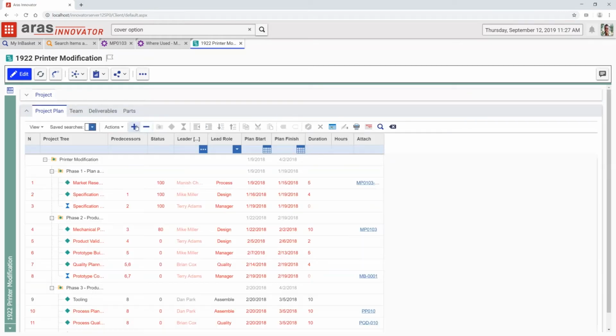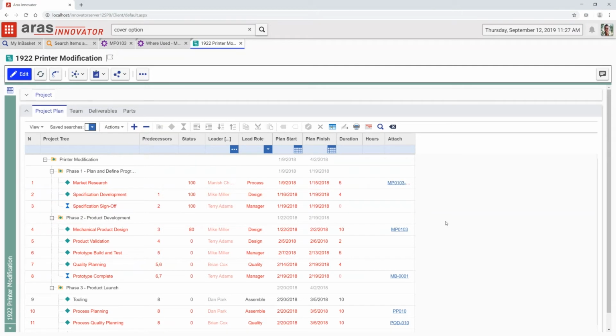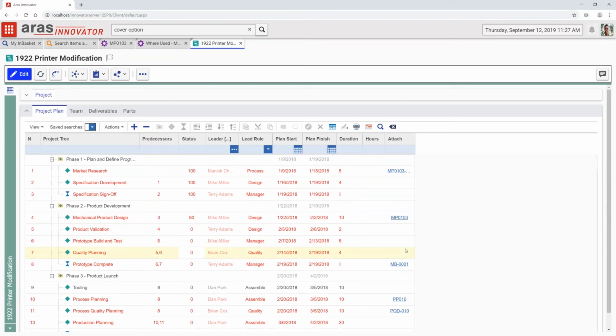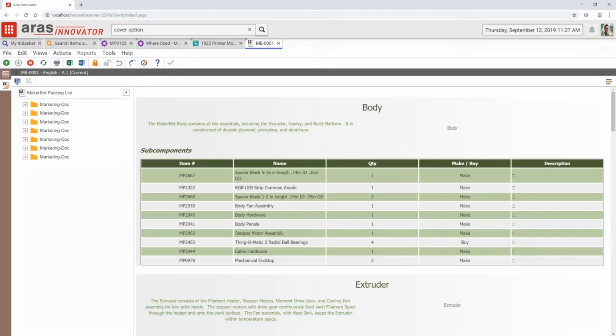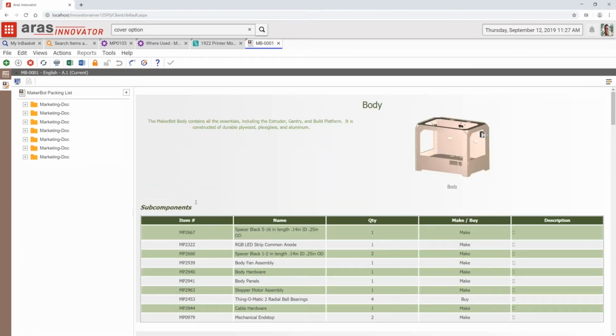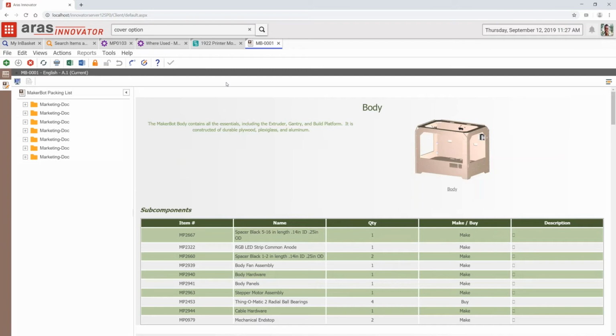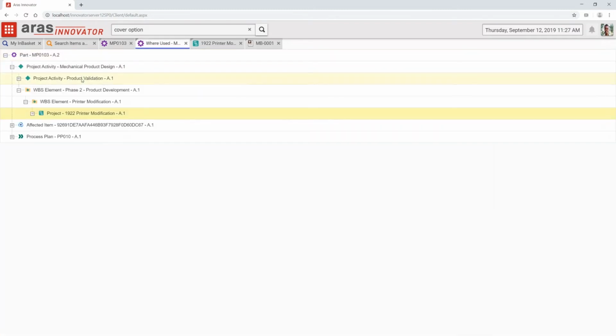I can open up the work breakdown structure, and here I can see the different phases and stages about this particular product design project. And again, I have live links right back to that part or any type of auxiliary information. It's not limited to a part. As part of that project, we use that part information to create a technical document. Could be an assembly instruction, could be a catalog instruction, but I'm referencing that same single source of truth to get my data for this particular tech doc.